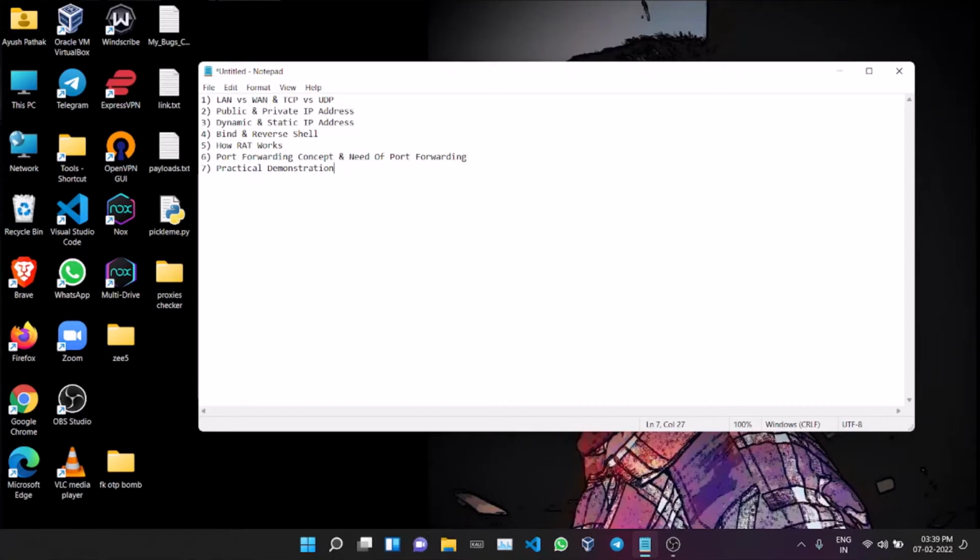So you can manually write a rule there that if anyone tries to connect to the public IP of the router with port 4444, then send all that request to my device, device B. Okay, don't send it to any other device like A, B, or D. Send it to device B and at this specific port.